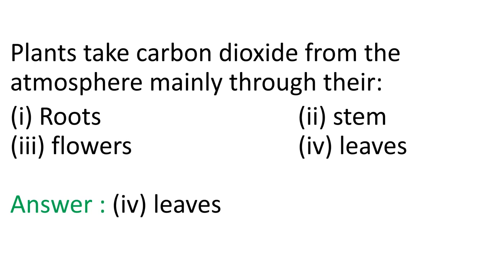Option 4. Leaves. If you all recall, recently we just learned that the tiny pores present on the surface of leaves are responsible for the gaseous exchange and are known as stomata. Hence, the plants take gaseous carbon dioxide from the atmosphere through their